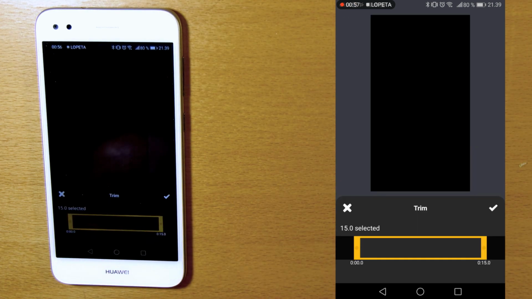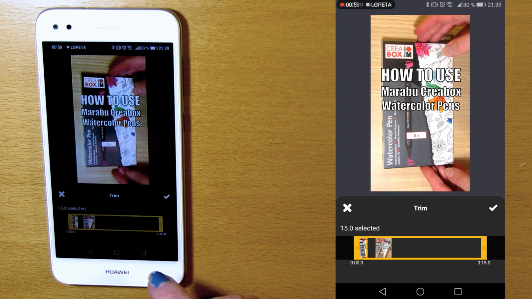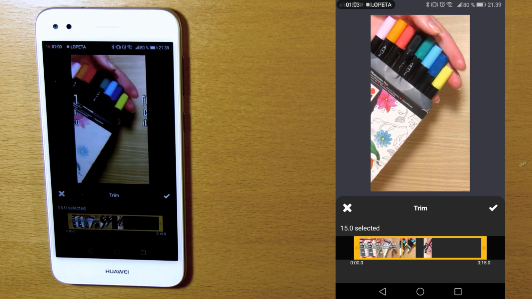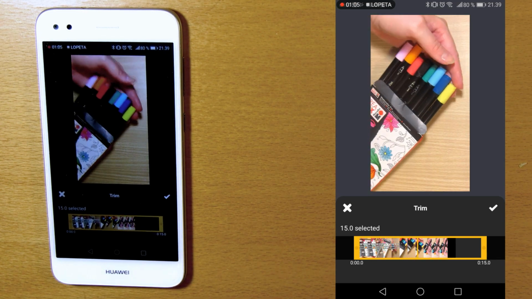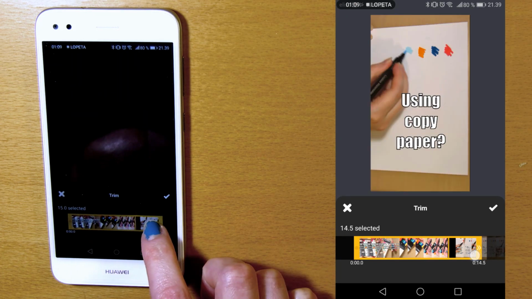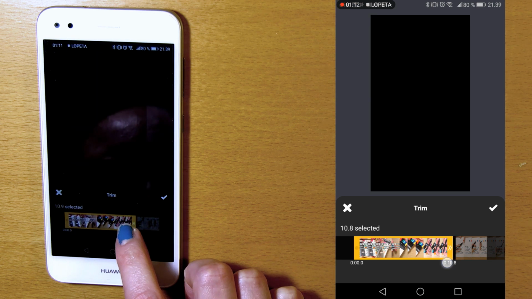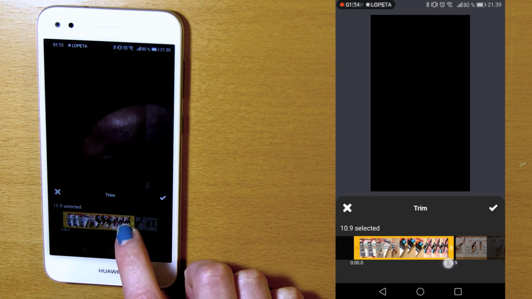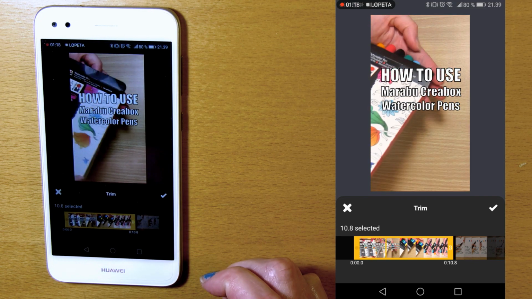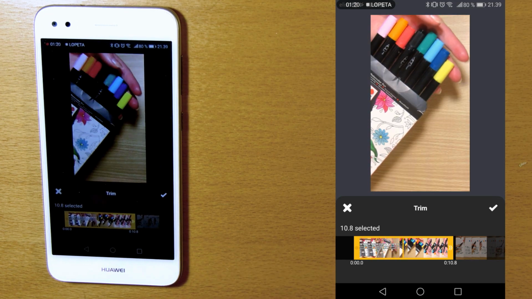Trimming can be difficult. The actual trimmer below the video is not accurate, so actually look at the video when you're trimming rather than the bar below it. Otherwise you'll end up with badly trimmed scenes. In my case that would mean a bit of black screen between the clips, since I left blank spaces of black screen between the clips in my video editor. Tap on the check mark when you're done with the trimming.